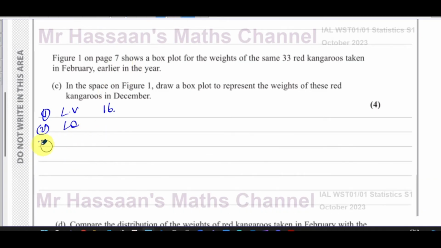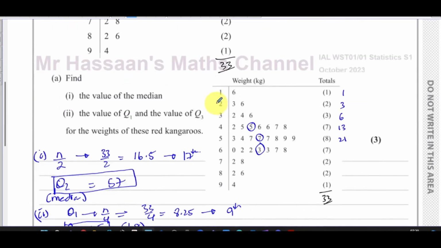Lowest value, lower quartile. So I'll put it like this: Q1, the lower quartile, Q1, Q2, the median. I need Q3, the upper quartile, and number 5 is the highest value, which we know was 94, I think it was. Okay, so let's go back and have a look at what Q1. So we said Q1 was